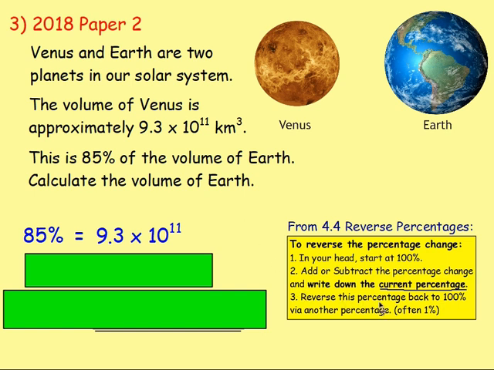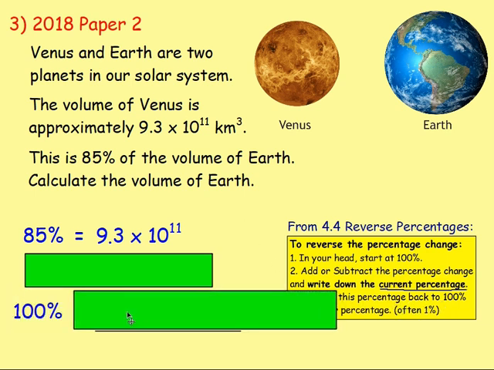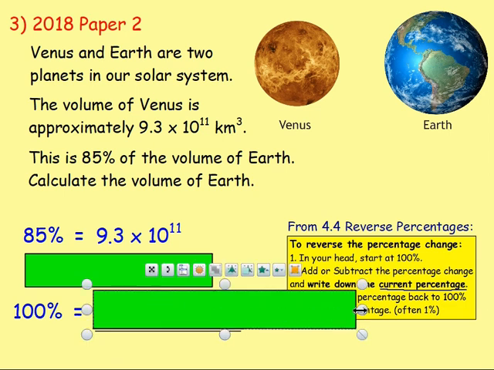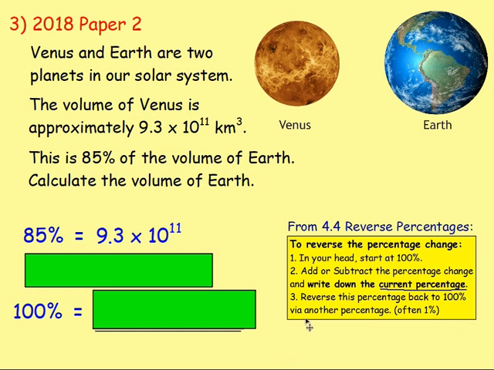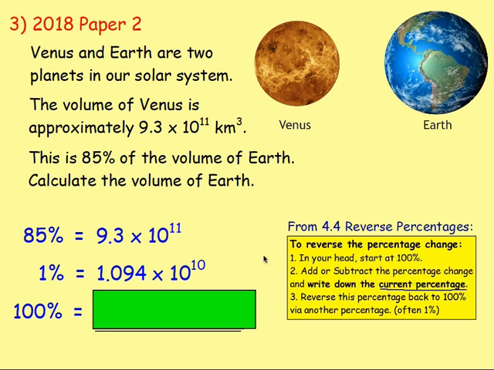What we want to do is reverse that percentage back to 100%. We want to find out what that is, because that 100% is going to be the volume of the Earth. And to do that, as it says here, we want to go via another percentage. And often that percentage, especially if it's calculator paper, is 1%. So, how do we do this? Sophie, what are you thinking? Well, to go from 85 to 1, you divide by 85. So you divide the 9.3 times 10 to the power 11 by 85. You do, perfect, yeah. And if you divide both sides by 85,